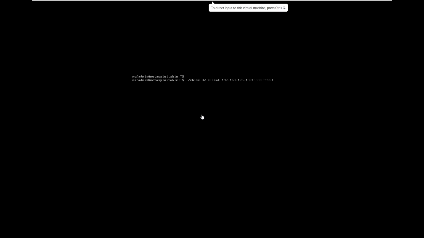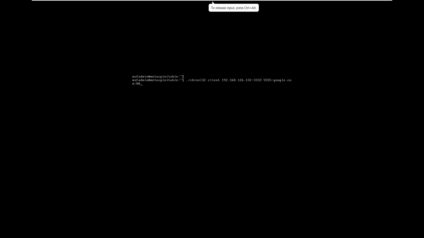This 5555 is the local port on our machine, colon, where you need to send the data, let's say google.com port 80. What this string means is, first we connect to the Chisel server using this address, and then we open the port 5555 on our local Metasploitable machine, and we forward the traffic to google.com.